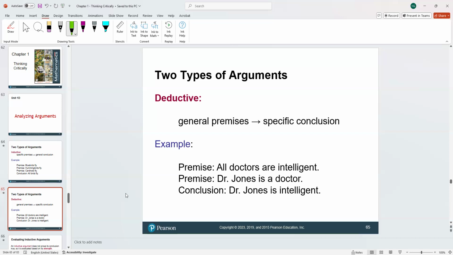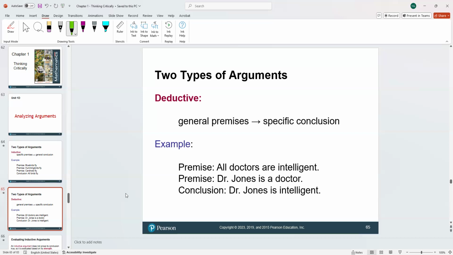If we talked about all politicians are married, do you know a politician who is not married? No, all politicians are married. And because Senator Reid is a politician, we would conclude that Senator Reid is married. We don't even ask him whether or not he's married because he's a senator, and by contrast, we know all the politicians are married, so we would conclude he is married. So that type of